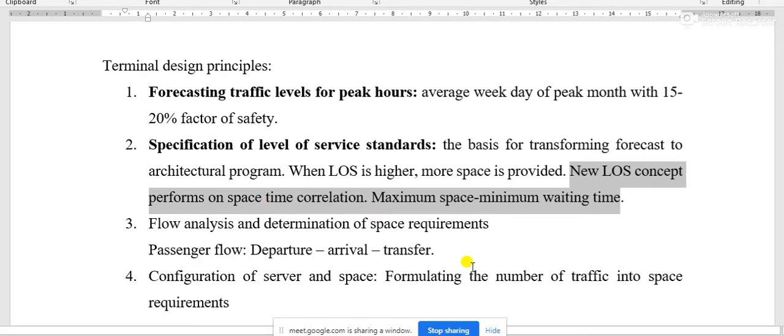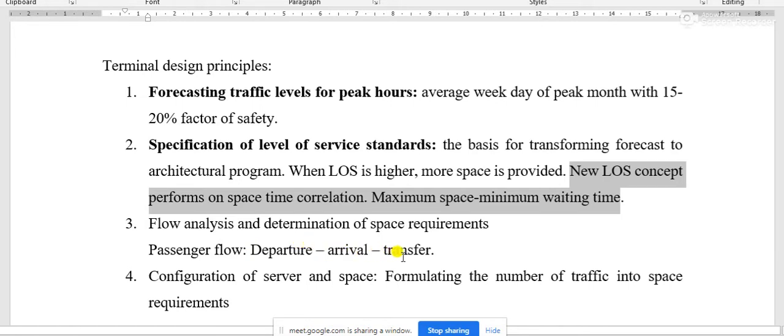Now, the next principle is the flow analysis of the passengers. Passenger flow occurs through this path: departure, arrival and transfer.